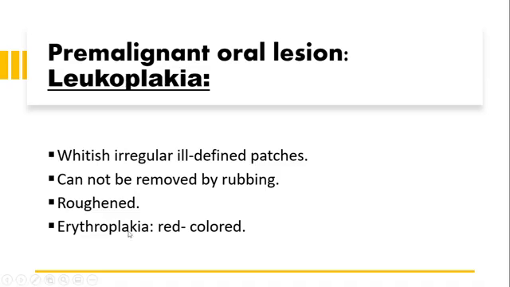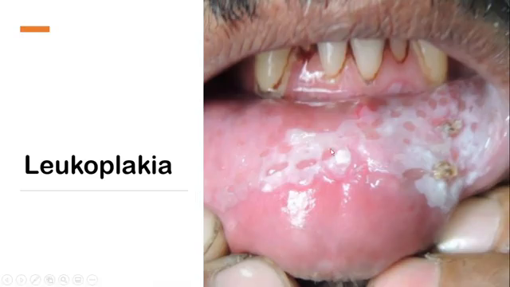Erythroplakia presents as red velvety foci of thickening, and is associated with bleeding. Leukoplakia and erythroplakia, in contrast to oral candidiasis or oral fungal infection, cannot be rubbed off. So there is regular, ill-defined mucosal thickening, whitish in color, with different areas of thickening. This excessive thickening is related to